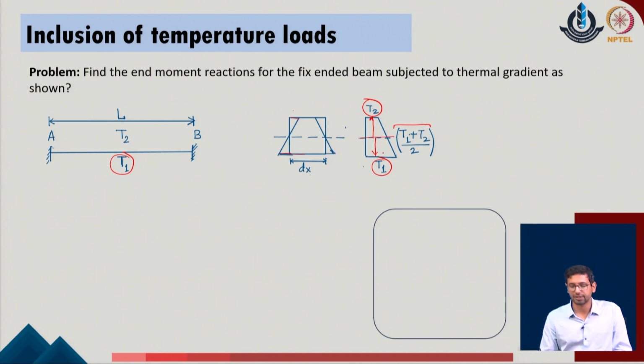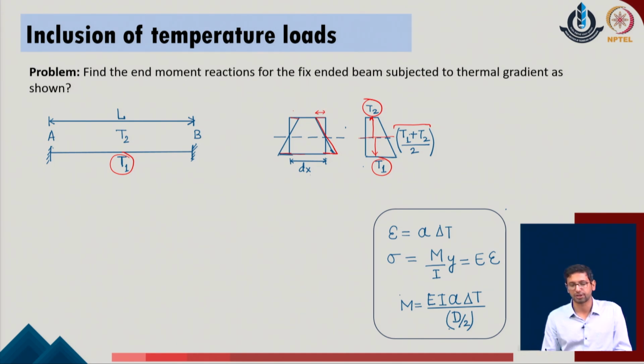In order to identify these deformations, we consider a simple idea of the strain taking place on the given problem. The strain in the direction of either the compression or the tension side can be represented as alpha into delta t, where delta t is defined with respect to T2